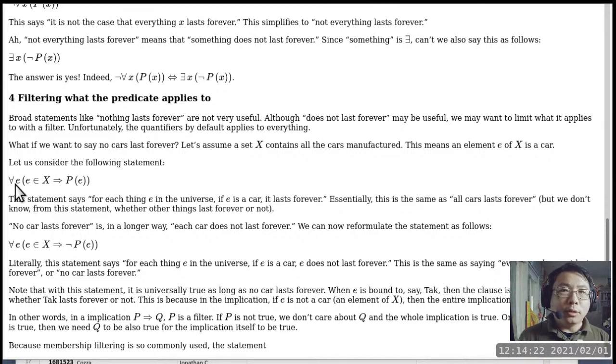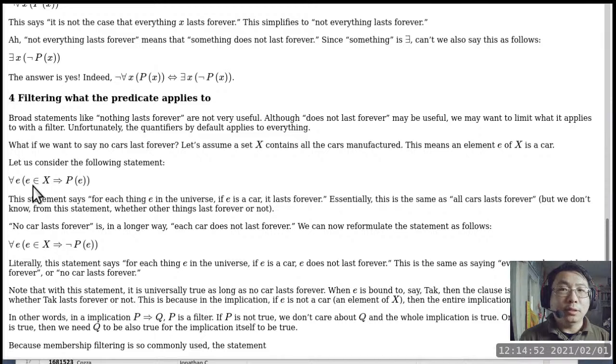So now we want to look at this expression here, where the mouse pointer is. And this particular quantifier is asking, is it true or is it false, that for everything in the entire universe, okay, we'll call that thing E. The one thing that we are examining is called E. And the first thing we evaluate is not even P of E. The first thing we evaluate is whether E is an element of a set X or not.